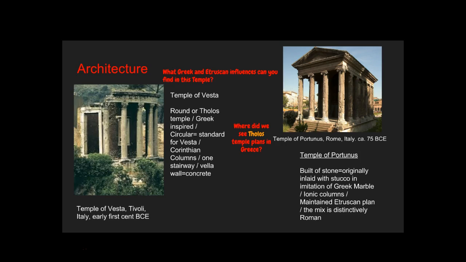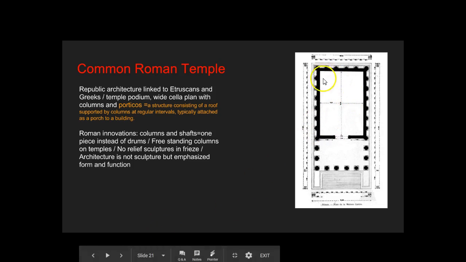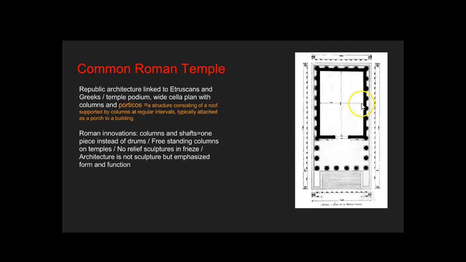If you look at this architecture, you're really seeing the connection between Greek influence and Etruscan influence. We have the tholos on the right side that was taken from the Grecian people, and then we've got the Temple of Portunus, which was taken from the Etruscan people. This is a common Roman temple. It's gone away with the 3 cella, so it's got the 1 cella in there, but it has only a single portico with engaged columns all the way around, and a single set of stairs that do not extend all the way around.